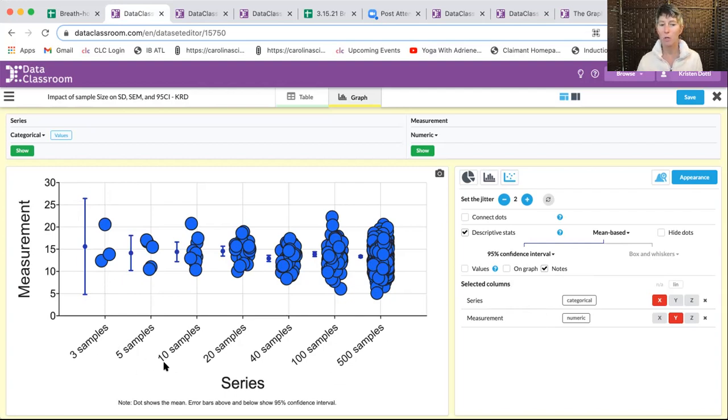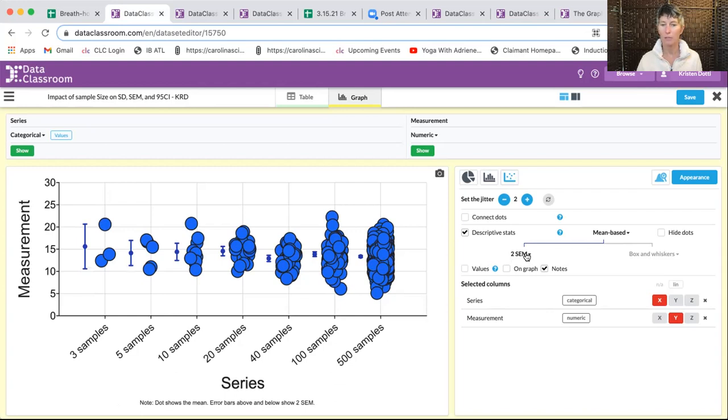So with these very small samples, we see a greater difference between 2 standard errors of the mean and the 95% confidence interval. But otherwise, people tend to use these 2 calculations pretty interchangeably when they discuss their data and the level of potential error. So I'm going to toggle between those one more time. So this is 95% confidence interval, and this is 2 standard errors of the mean, both of which are quite